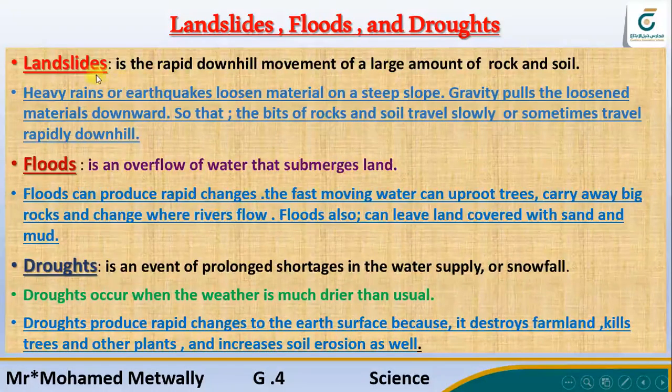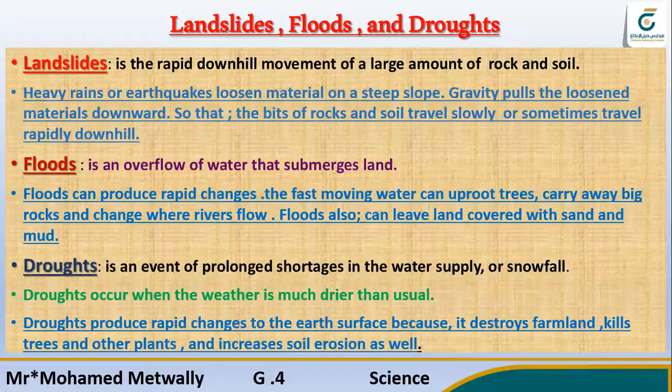How does it take place? When heavy rains or earthquakes loosen material. Loosen means release. When the heavy rains or earthquakes release material on a steep slope. Steep slope here means